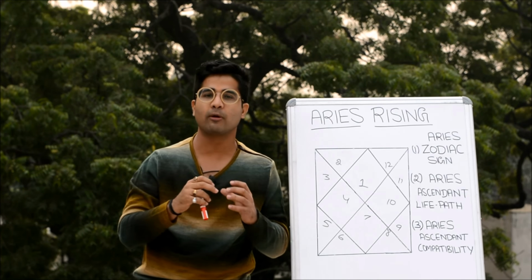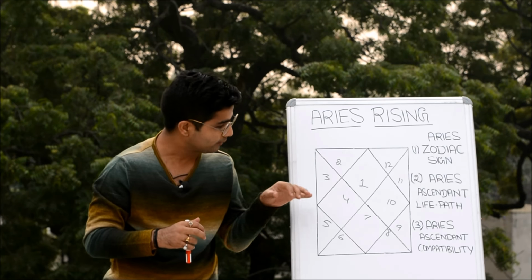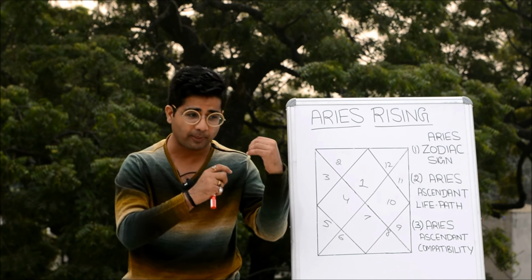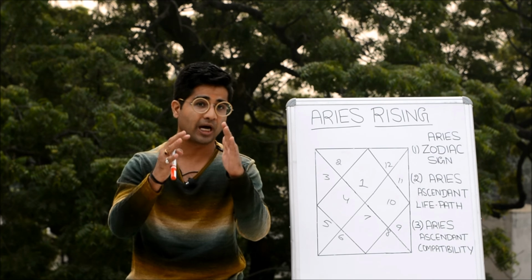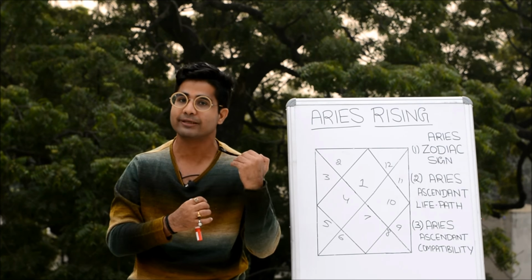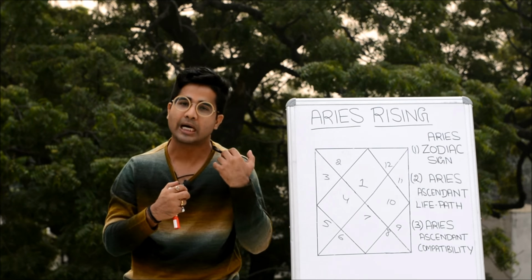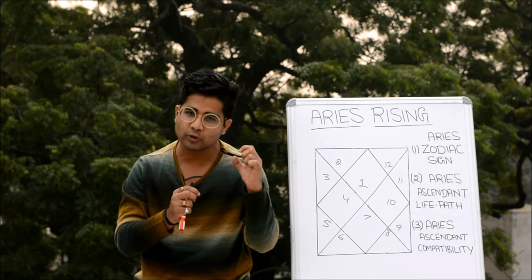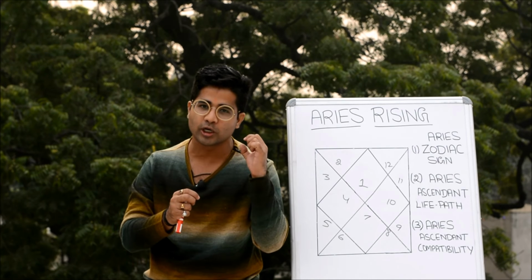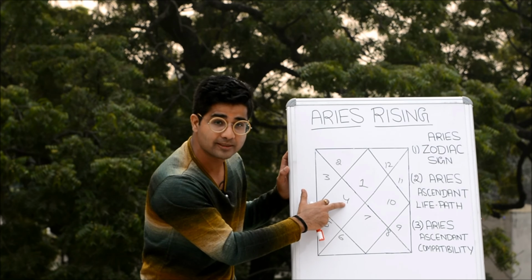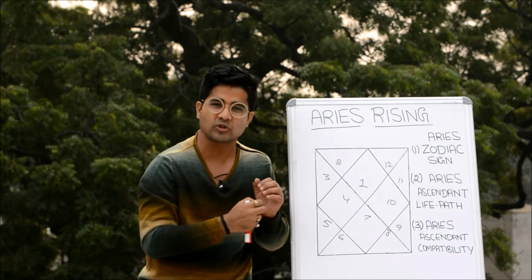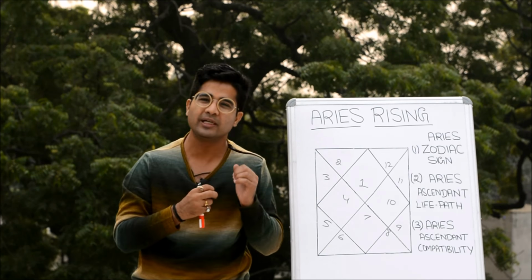When it comes to the fourth house, about their mother, first of all, their mother remains a very vital part of their life. Like the way I was telling you, these people are hard from outside, but inside they are very tender, very soft. So they remain very concerned and very attached to their mothers, but there remains a little bit of a clause, because this house is also of your emotions. Already this house is of emotions, and it has the energies of the moon, the ruler of the fourth sign, which is the sign of Cancer. So they remain a little bit fickle in their emotions, a little bit fragile with their emotions. So this is what we can expect over here.